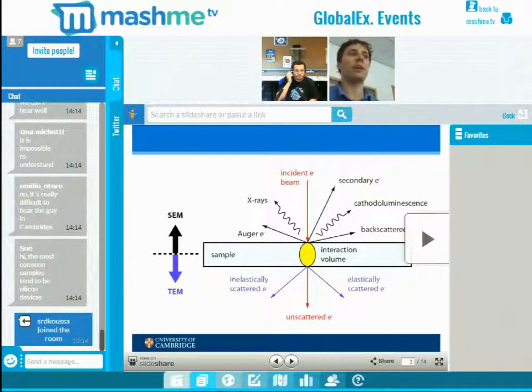And the reason for that is that you can also describe an electron as a particle with a wavelength, and that's the de Broglie wavelength. And depending on the electron, the wavelength gets smaller